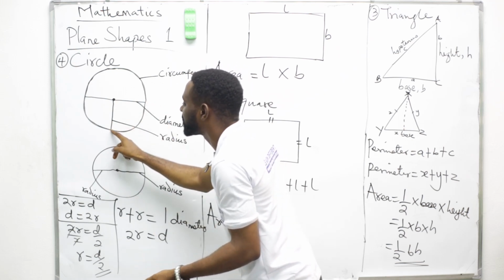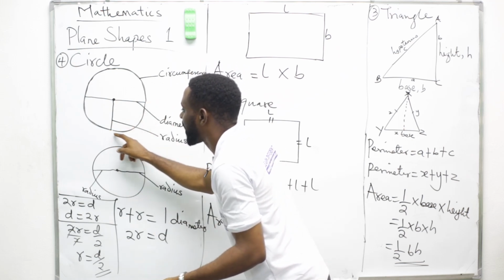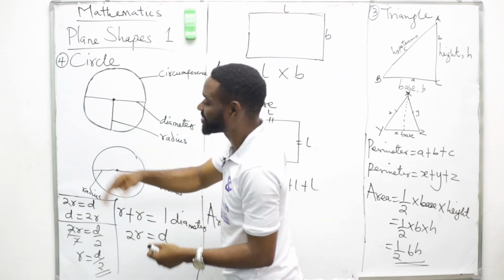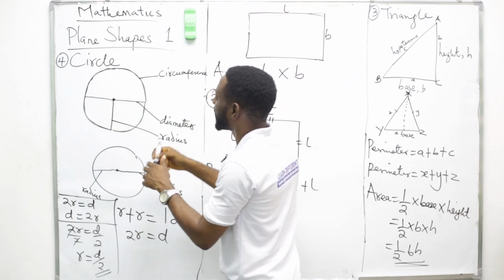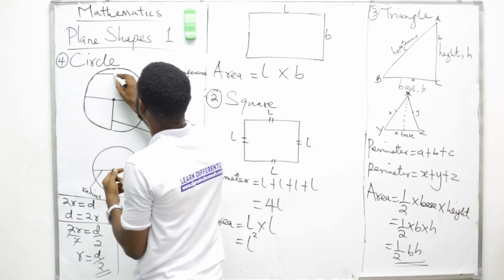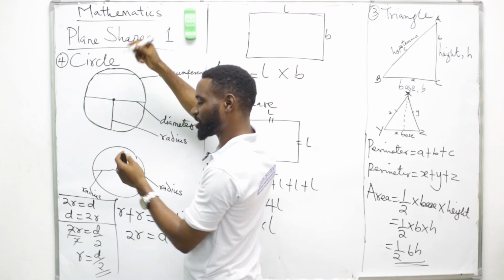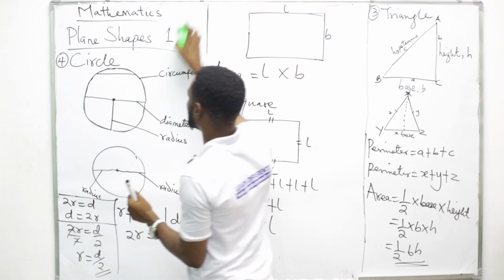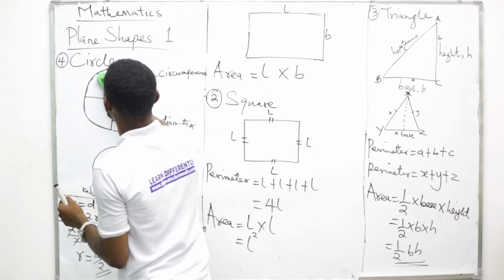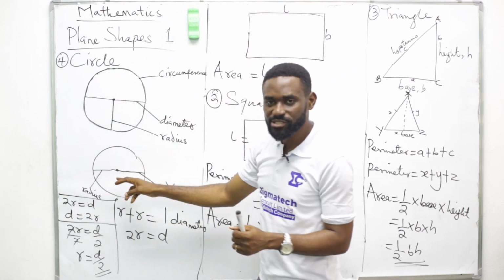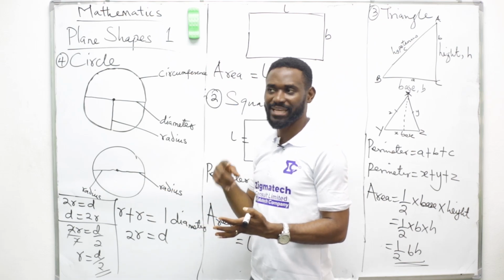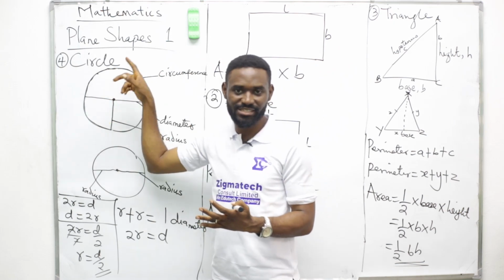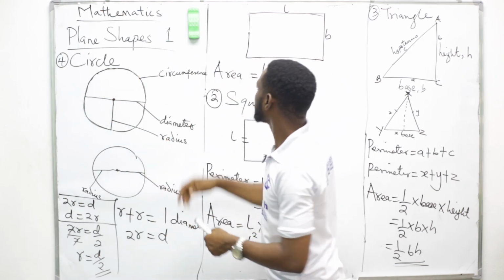So from here to here, this is an arc. Okay, this is an arc. Okay, we have a sector. We have a segment. This is a sector. Okay, if we draw a line from here touching here, this is a segment. Okay, so we have so many things to talk about, but that is not our major concern today. Our major concern is to know what a radius is, what a diameter is, which we have known. Then we know what a circumference is. Okay, I think with that. All right. Now,